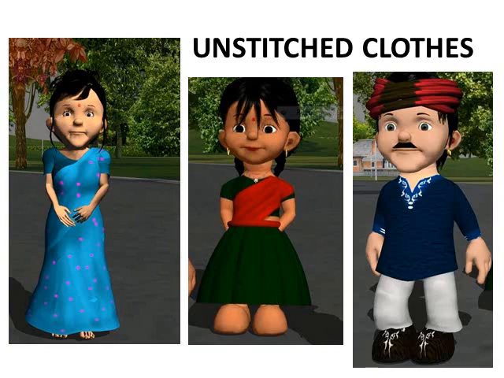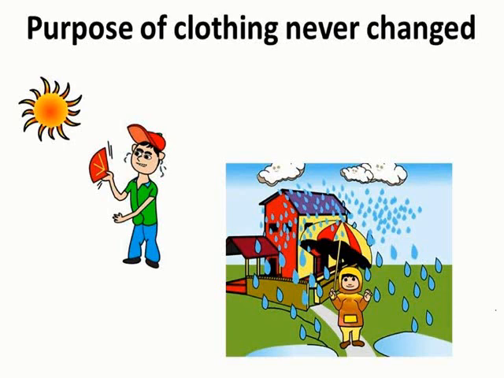Once the fabric is made, it is stitched into different clothes. You wear your shirts, trousers, skirts, frocks, isn't it? But have you ever noticed that there are a few pieces of clothing that may be worn without stitching? Can you name a few? Yes, sari, dupatta, turban. Try to find out a few more. The basic purpose of clothes is protection. They protect us from heat and cold, and they also make us look good. So children, keep your clothes neat and clean and look smart.